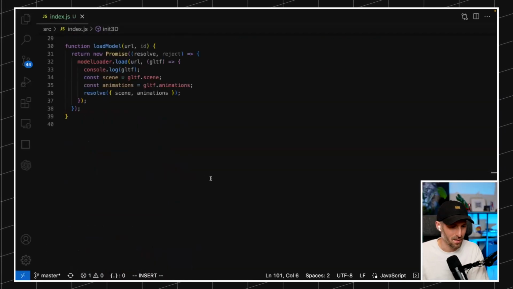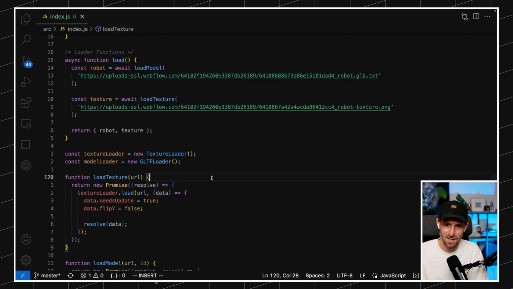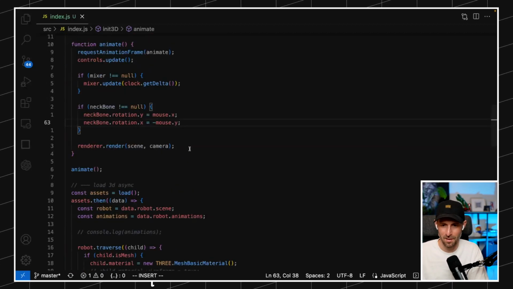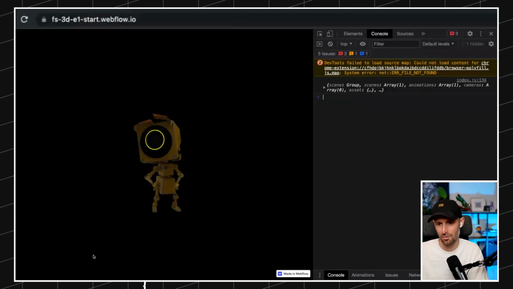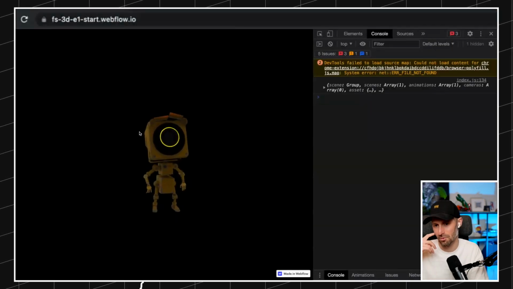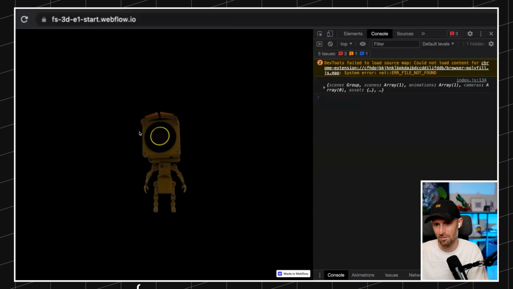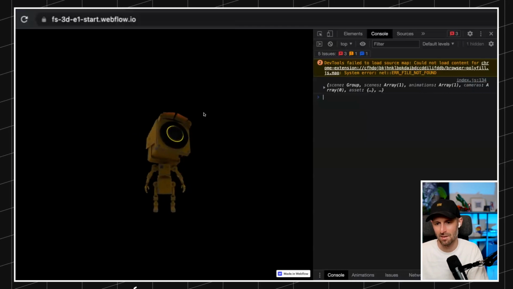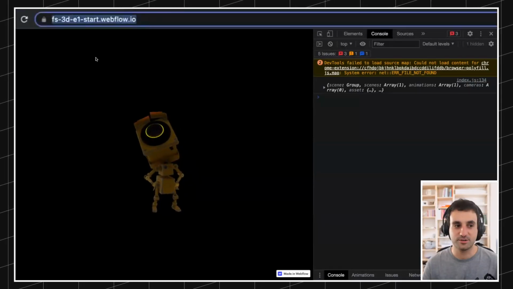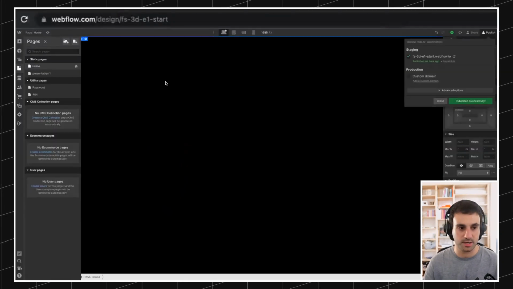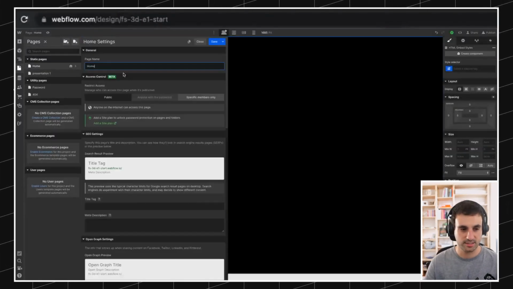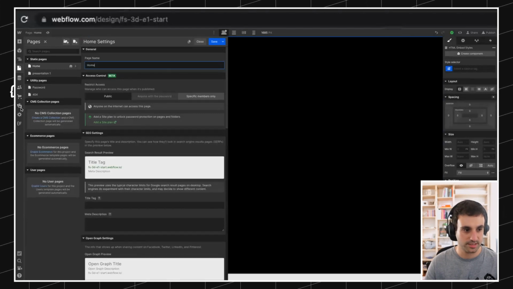So we have covered Three.js animation. We have covered how to prepare a model inside of Blender and how to connect the bones, right, and how to control bones. So the last step for us is to bring this into Webflow. This is technically already in Webflow. My suggestion to properly do that, since this model is already the model that was